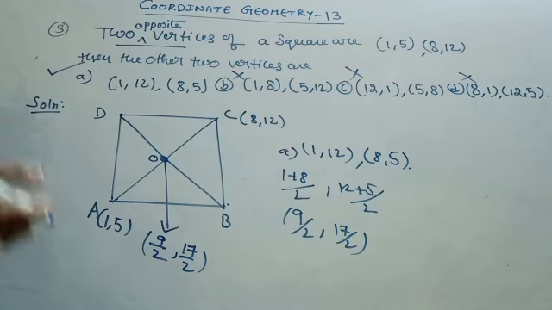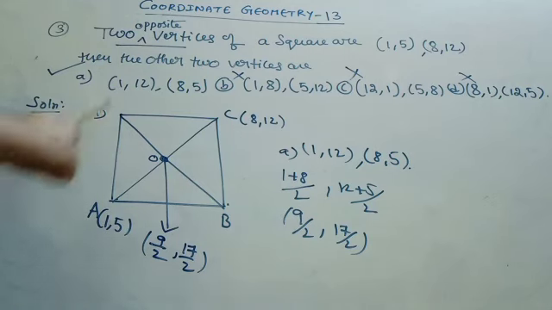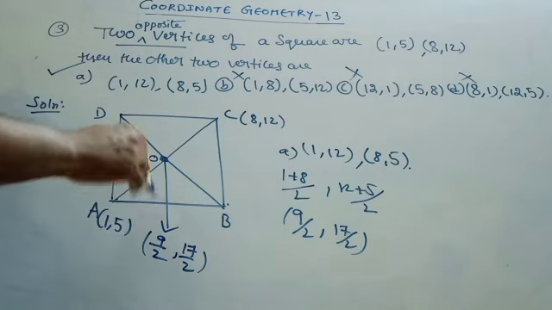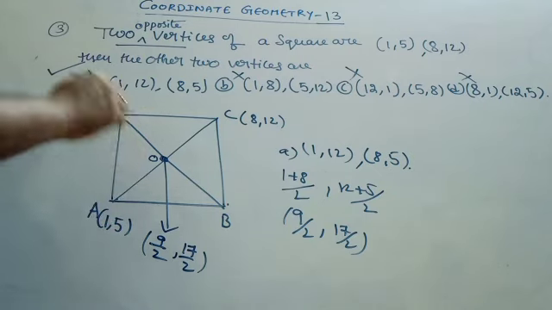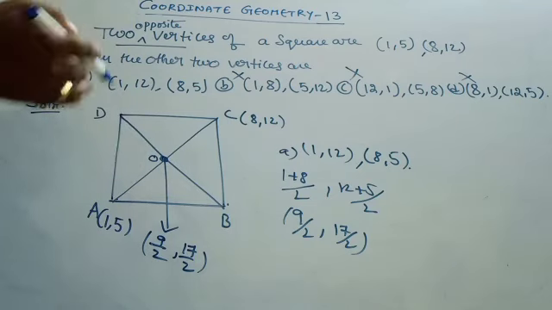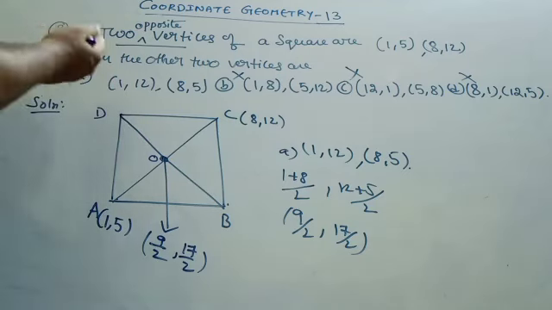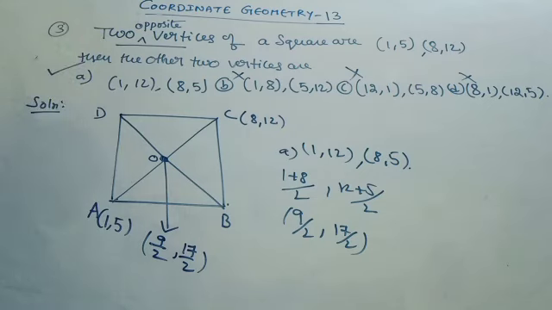We can easily guess from the given options: just take the midpoint of B and D, which should coincide with the midpoint of AC. And we have got this problem nicely. 9 by 2, 17 by 2 is the midpoint of AC, and B and D should be vertices such that their midpoint coincides with the midpoint of AC. Then only it will be correct, and option A is correct in this problem.